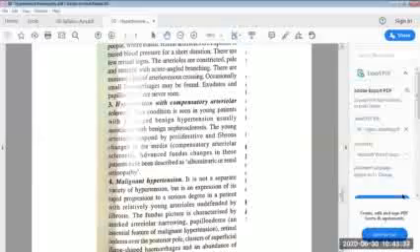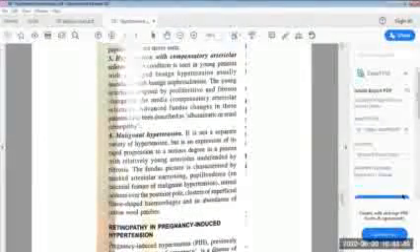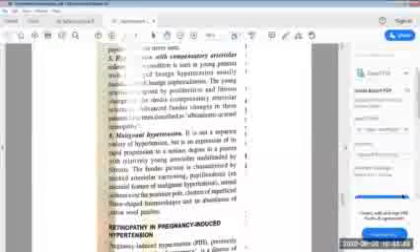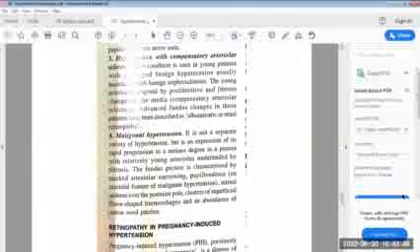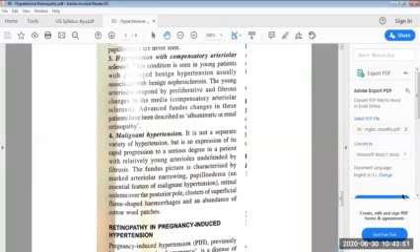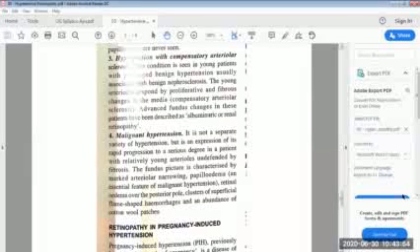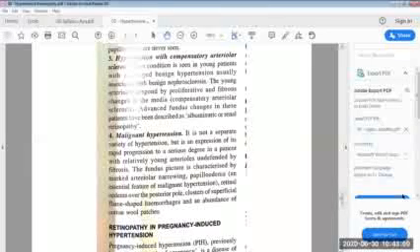Then malignant hypertension. It is not a separate variety of hypertension, but an expression of its rapid progression to a serious degree in a patient with relatively young arterioles, undefended by fibrosis. The fundus picture is characterized by marked arteriolar narrowing, papilloedema, retinal edema over the posterior pole, clusters of superficial flame-shaped hemorrhages, and an abundance of cotton wool patches. So these were the four circumstances in which hypertensive retinopathy may occur clinically.